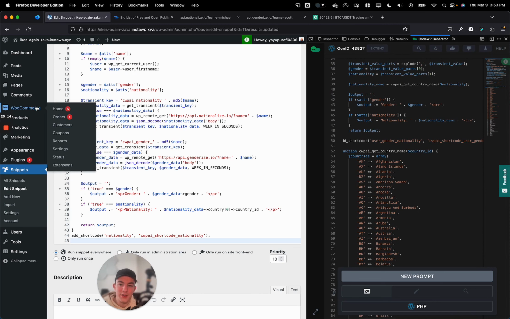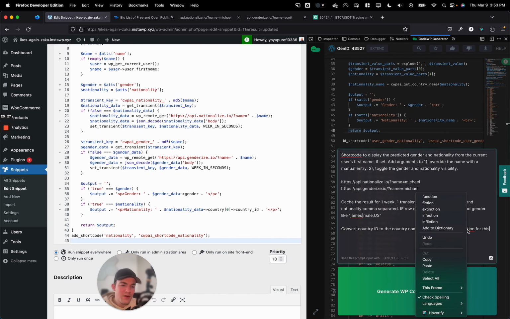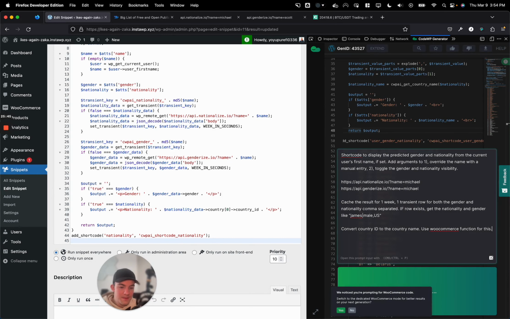Something that you can see here is I'm using WooCommerce on this site. So let's think through and say, use WooCommerce function for this. And I don't know 100% that WooCommerce has a function for this, but I'm 99% sure, because when you enter a country code or a country name on the checkout, it has to convert between the two. So I'm assuming there's already a record of this in one of the WooCommerce files. Why not use it if WooCommerce is already installed? And I'll just say, use the WooCommerce function for this,